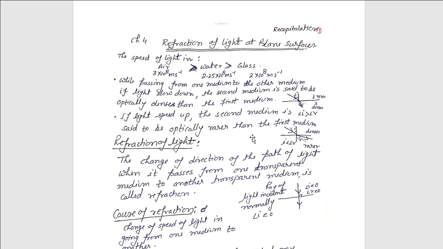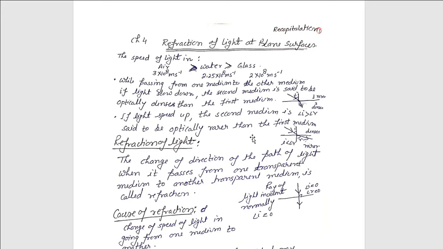So here I hope you all know that the speed of light maximum is in air, and that is 3 into 10 raised to power 8 meter per second. Less than that is in water, 2.25 into 10 raised to power 8 meter per second. Then in glass, 2 into 10 raised to power 8 meter per second. See, from this speed, what conclusion can you draw? It means the speed of light decreases when the medium becomes denser. So, maximum speed of light is in air, or we say in vacuum, 3 into 10 raised to power 8 meter